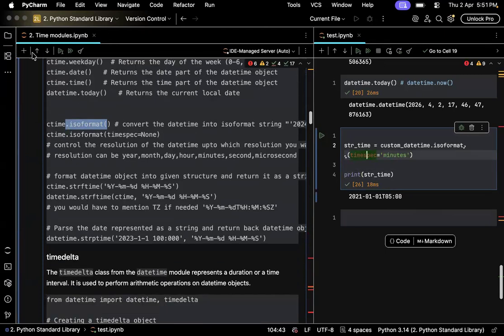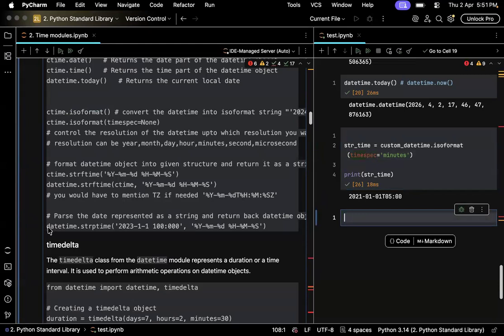And now we have taken a look at how we can convert datetime objects into strings, right? What if we have a string storing the datetime and we want to parse it back into a datetime object? This is how we can do it. String parse. Let me copy this. Here, datetime.strptime is the function,